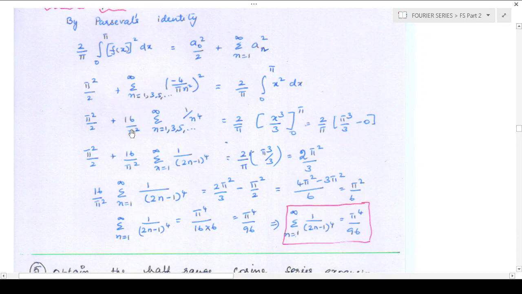All the constant terms, 16 by pi square outside, 1 by n power 4 will be inside. Keep this term alone. Take this pi square by 2 to the other side. Simplify it, right? Finally, take the 16 by pi square to the right side. You will get the,